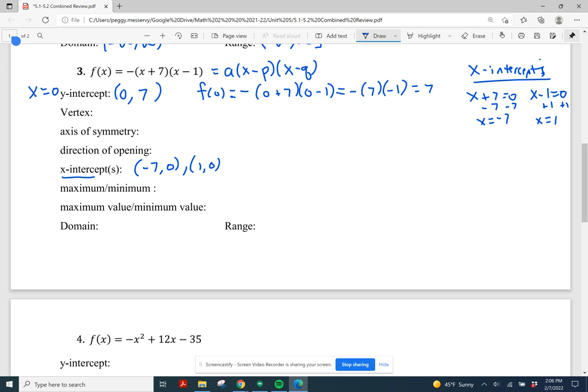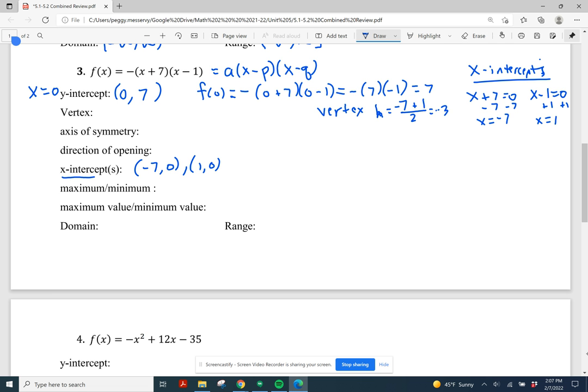Now, let's review how to find that vertex. That vertex is going to happen halfway in between my x-intercepts because of the symmetry line. So to find the x-coordinate of the vertex, we can just average the two x values, because it has to be halfway in between, and averaging gets us halfway in between. -7 plus 1 is -6, and -6 divided by 2 is -3. Okay,